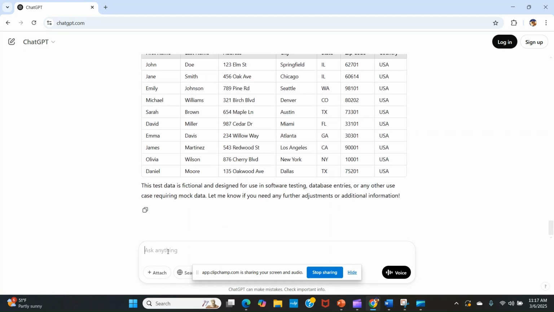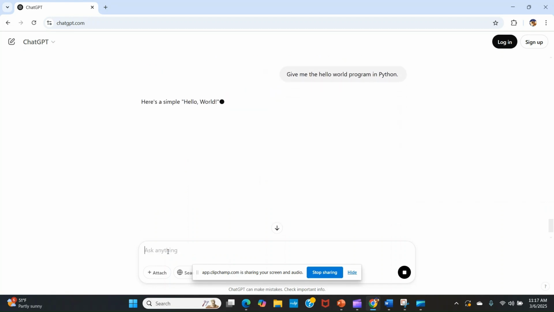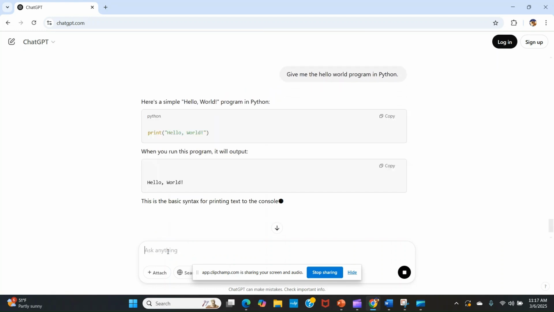And then last thing, let's say I would like to know about programming. Give me the hello world program in Python. ChatGPT also gave me the hello world program in Python, and this is the line that prints